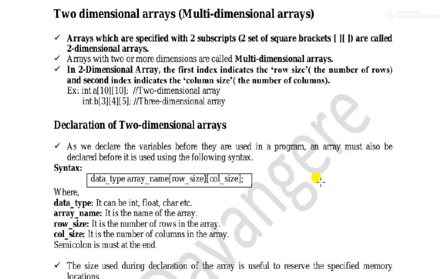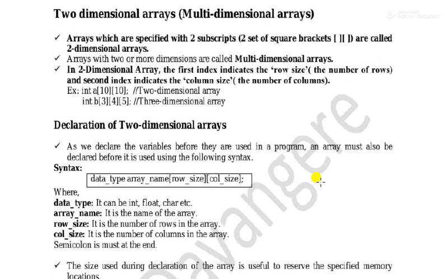So what do you mean by an array? An array is a set of elements having similar data type. Then we discussed the declaration of a one-dimensional array and the initialization of a one-dimensional array. Initialization of a one-dimensional array is a very important question. We can initialize a one-dimensional array in five different ways: full array initialization, partial array initialization, array initialization without mentioning size, array initialization of characters, and array initialization of strings. That we discussed in the last video.